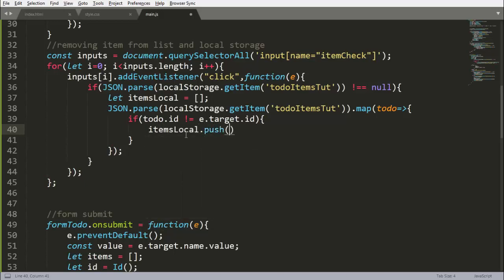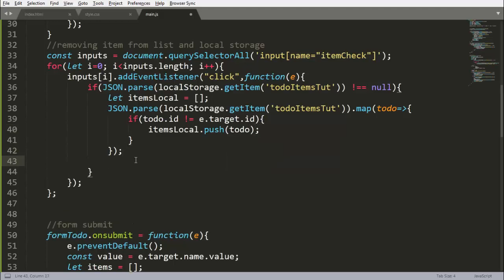We will push this todo item under that array. And after the map statement we will copy this and paste this, remove this and remove this. We will set the item, set item to do items, so we will stringify it, json.stringify, and we will pass our items local here.